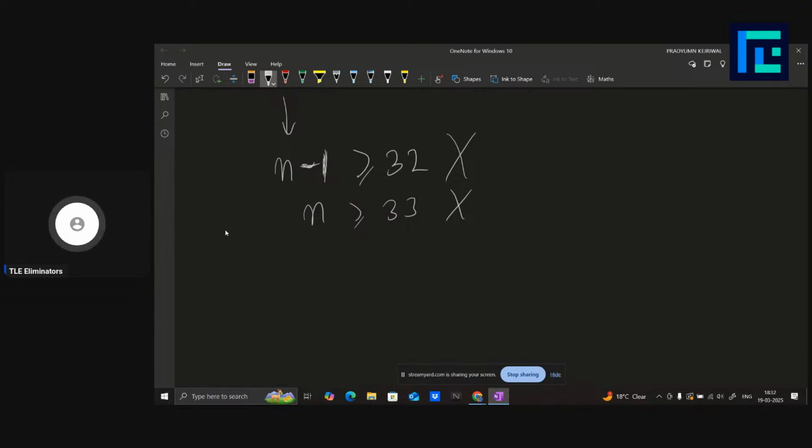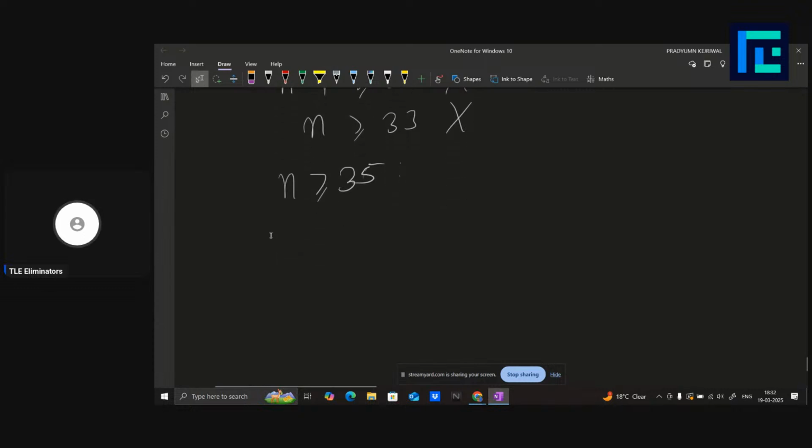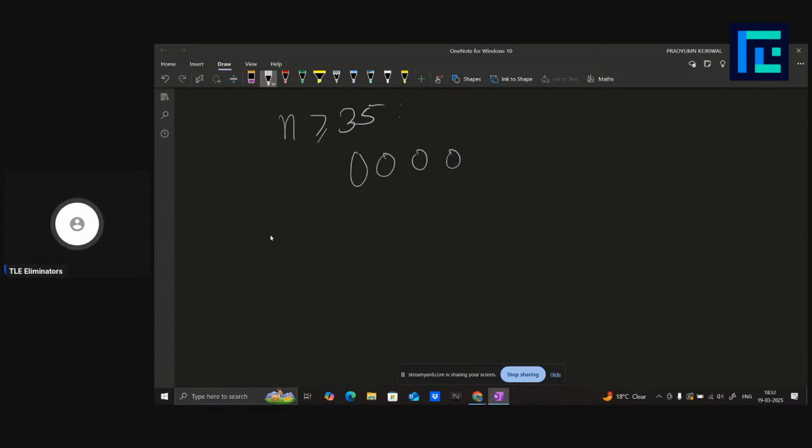So just to be safe, I just did that if n is greater than or equal to 35, then you can say that for all the elements, if I delete one by one, like if I delete the first element, then also the answer is no. If I delete second element, then also the answer is no. So for all the elements, the answer is no only. So the answer is 0, 0, 0, 0 n times. And if n is less than or equal to 35,